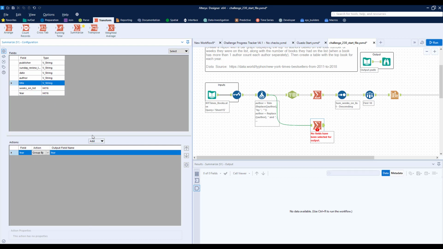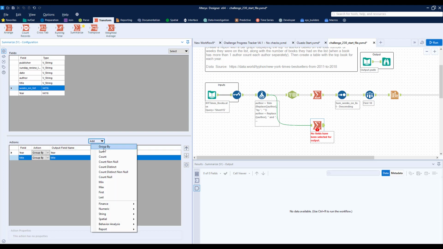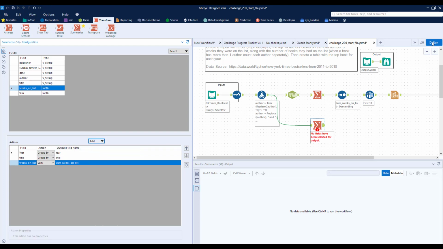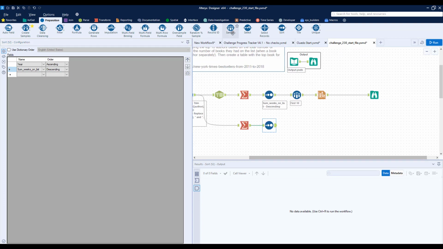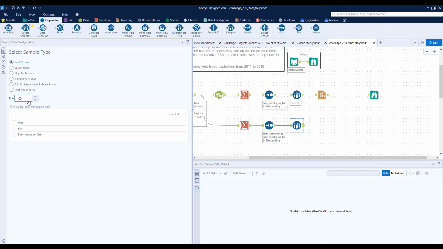Well, let's group by title, and we will sum weeks on list. And let's just go ahead and sort. Again, we want to sort by year in ascending order, and sum weeks on list in descending order. In this case, we're going to grab another sample tool. We're going to sample the first n rows while grouping by the year. And if we do that,